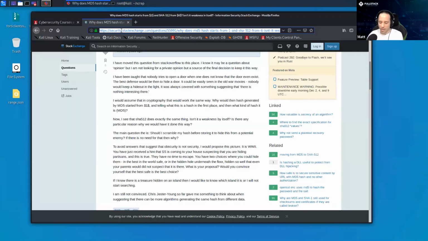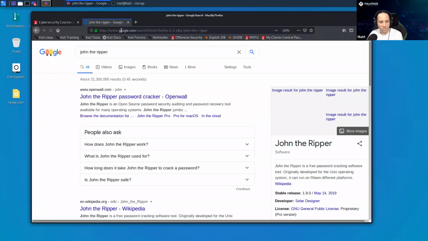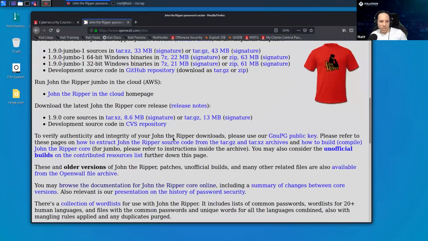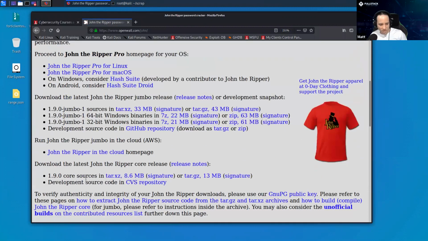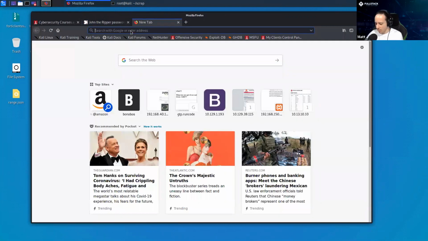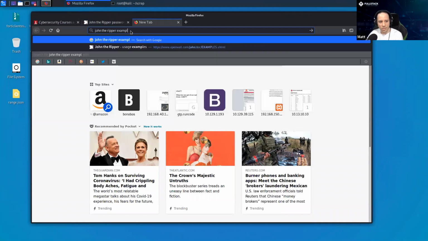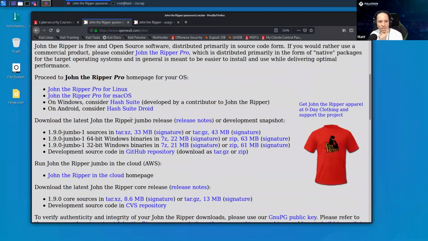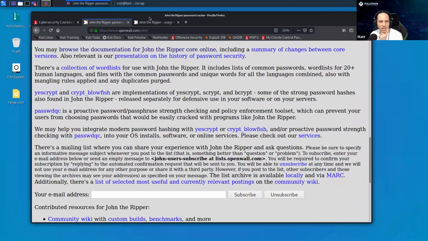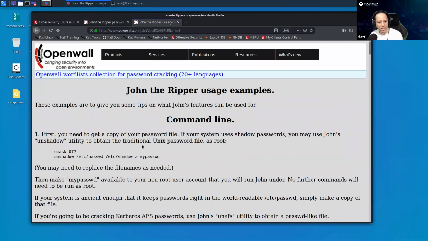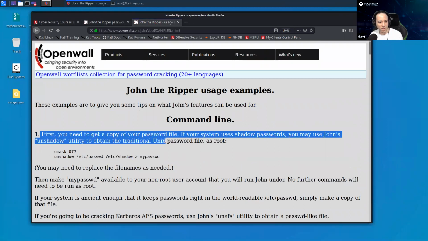Let's actually go to John the Ripper. Oh, this is probably gonna, yeah, cool. It knows what I'm talking about. So this is the official documentation for John the Ripper. I recommend you keep it open whenever you are using it, because John's a little finicky. I won't lie, I always have it open. And I do John the Ripper examples. They have a really good example page. I usually have their documents open, and I usually have their usage page open. And so if you take a look here, the first thing you need to do, you need a copy of your password file.